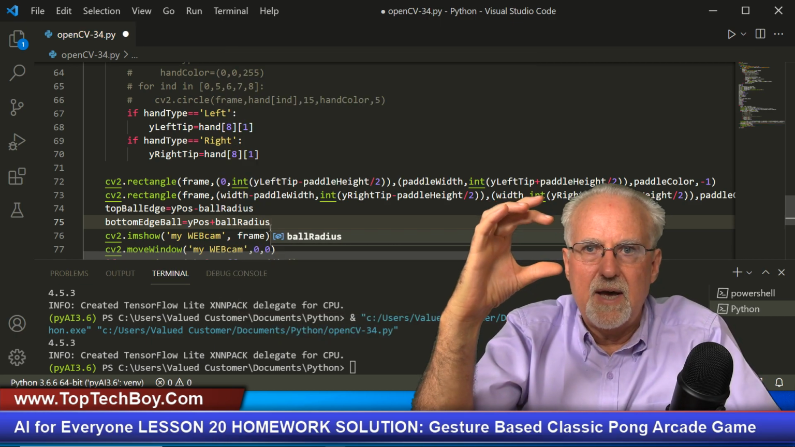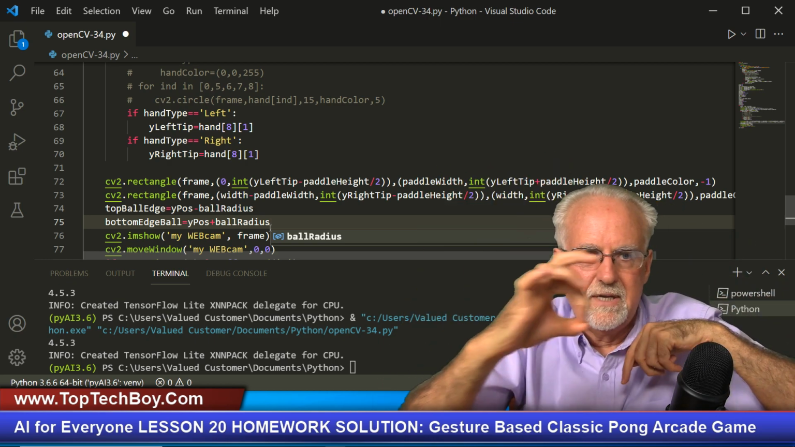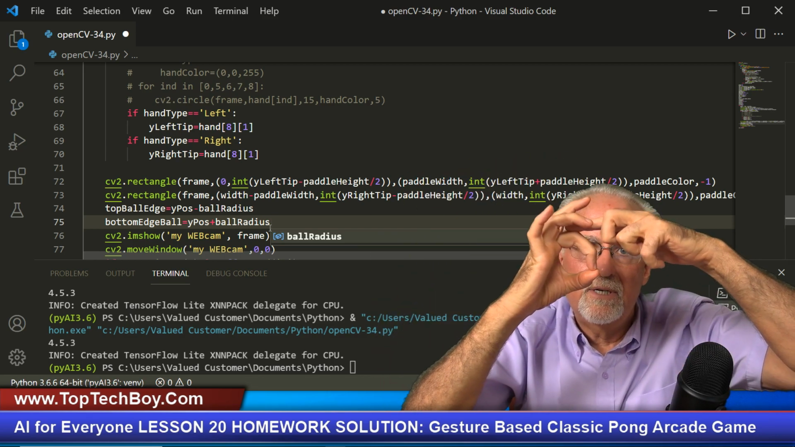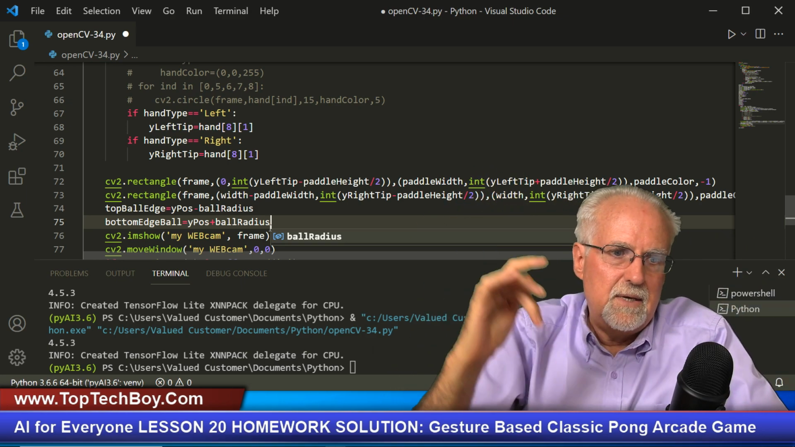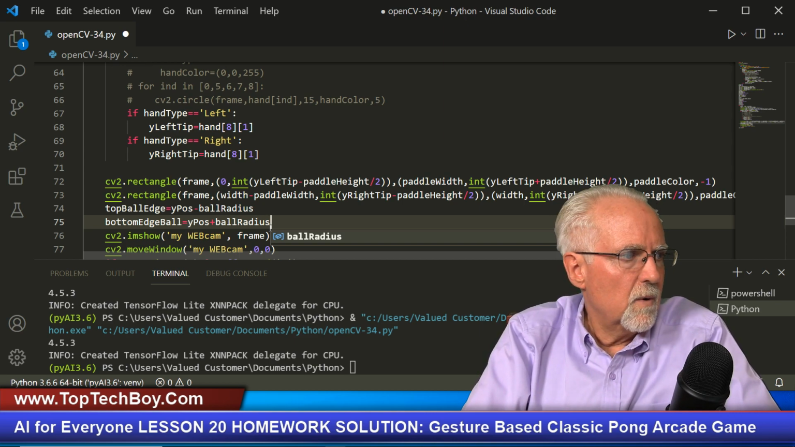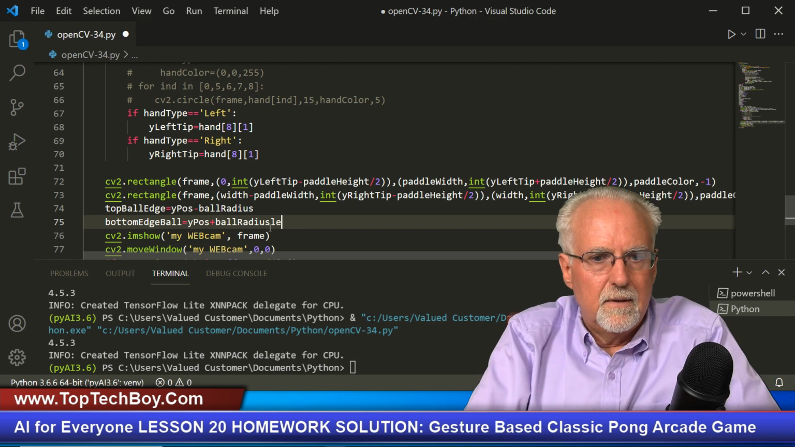Okay, and so that just gives me the top and the bottom of the ball. As it moves, Y position changes, but that will always make the top ball edge and bottom ball edge dynamically correct. All right. Now I also have to think of